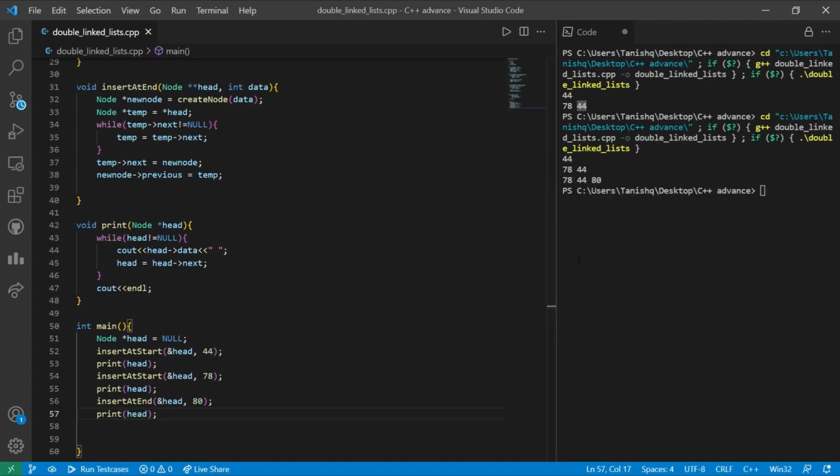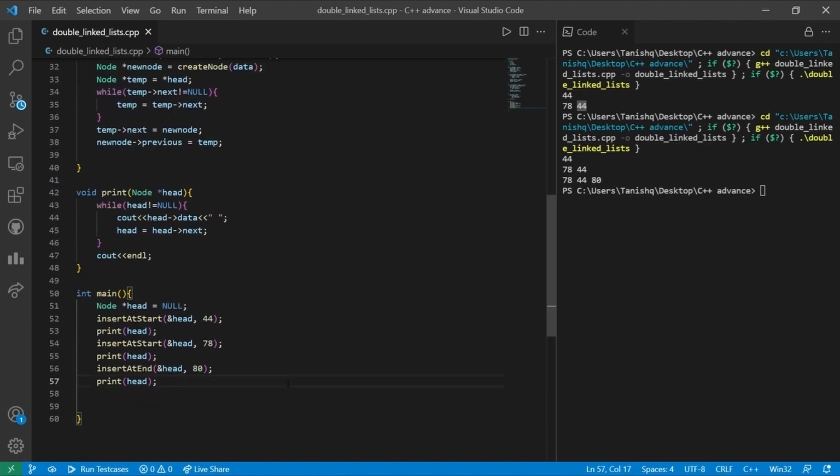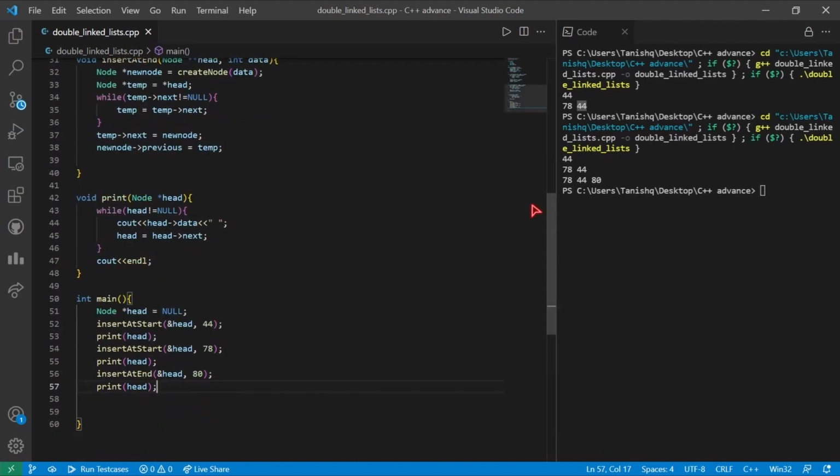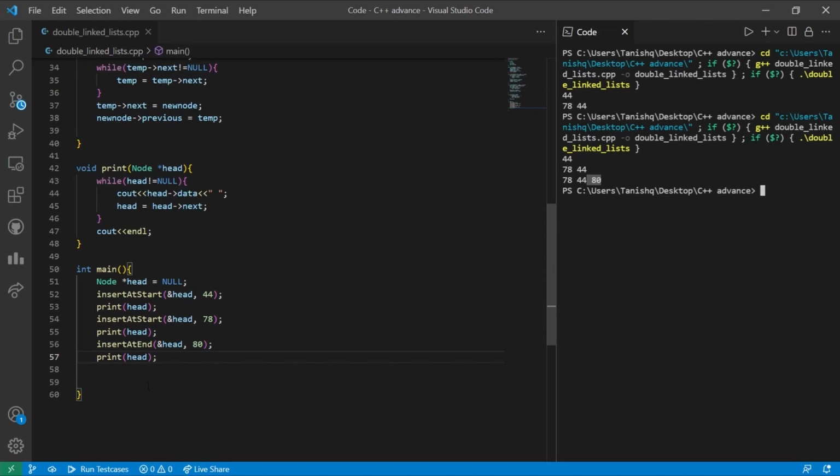As expected, the function that we have created is properly working. The functioning of the insert at end function is very much proper, and we are able to see the node is inserted after the tail node. The tail node was 44 over here, and now the new tail node is 80 because we have performed the operation insert at end. So let us once more perform this operation to ensure proper working, so that we can move on to inserting a particular node at the nth position of a linked list.